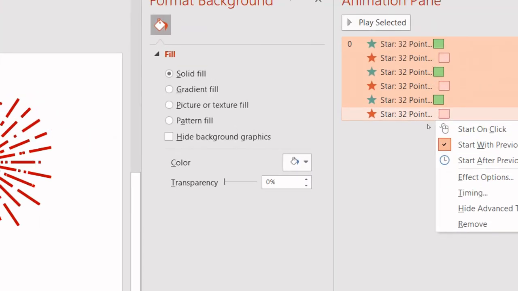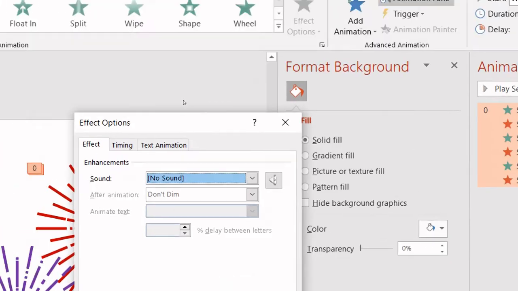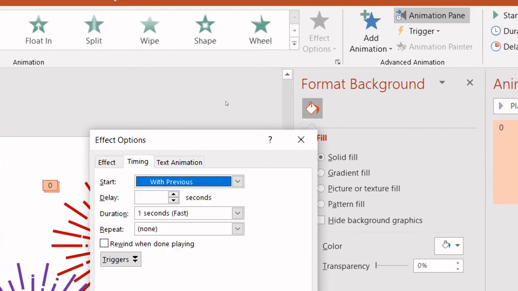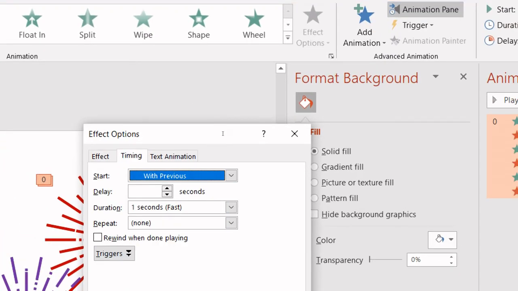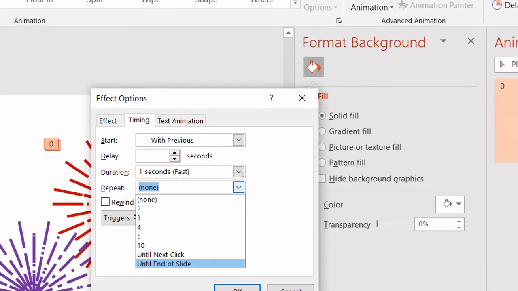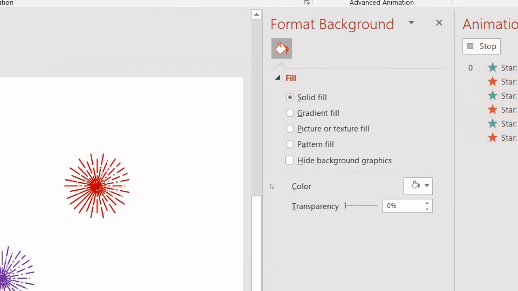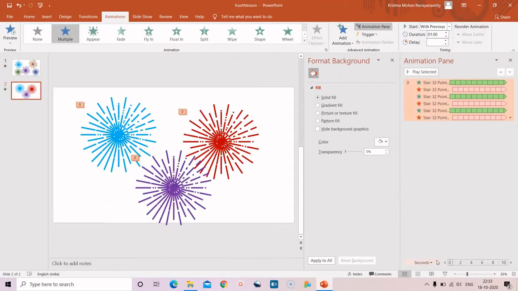So I've chosen all these and I clicked on the drop down button, effect options, and let us go to the timing, and here under the repeat, instead of none I'm selecting the last one, until end of slide, and let us click OK. So now if you play, we'll see a continuous starburst animation